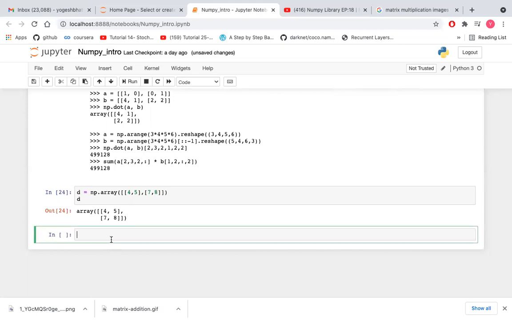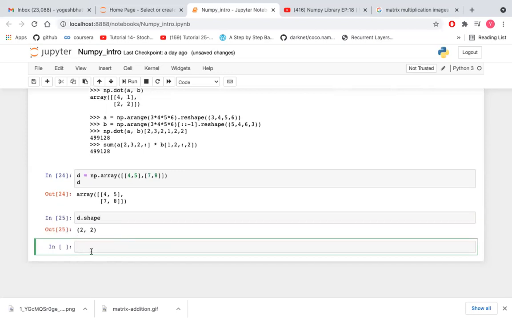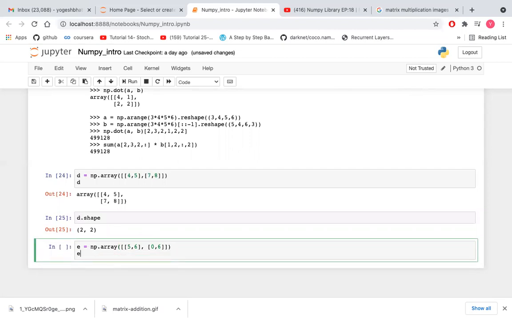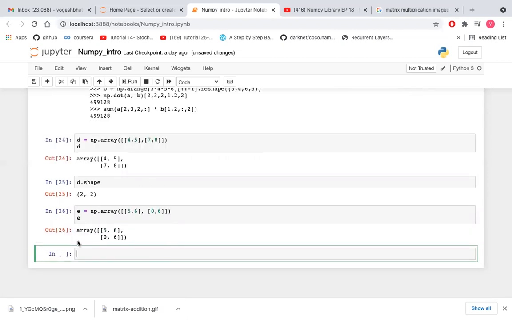We can also check the shape of this matrix. 2 cross 2. Let's create another matrix, np dot array 5, 6, 0, 6.